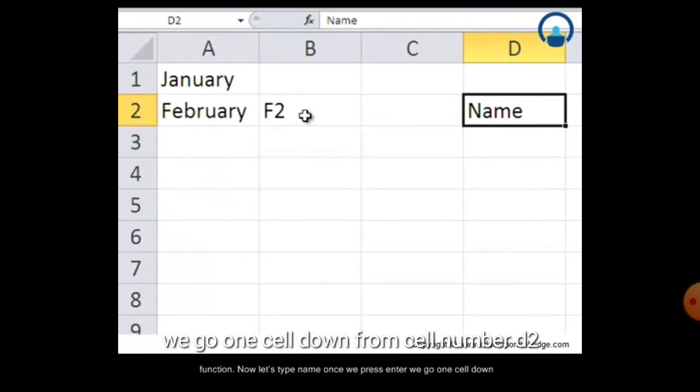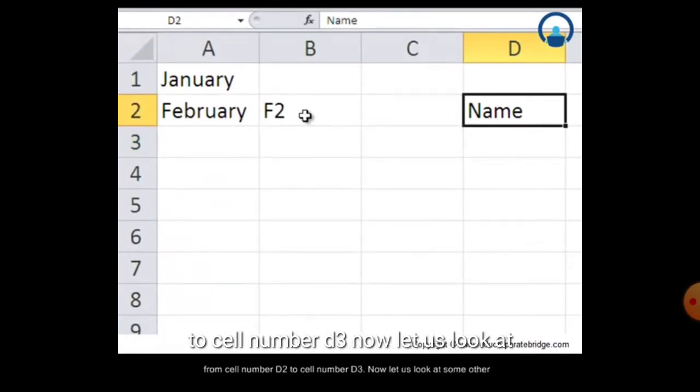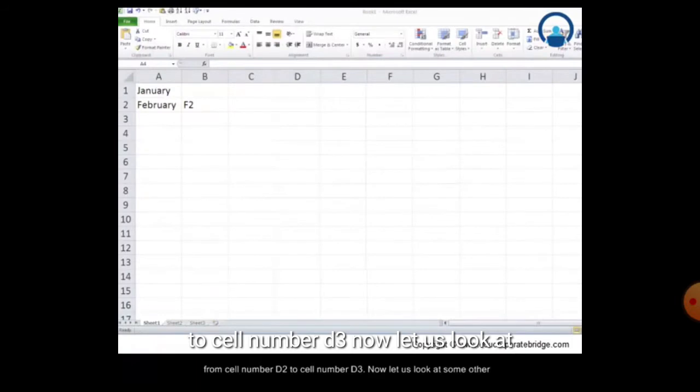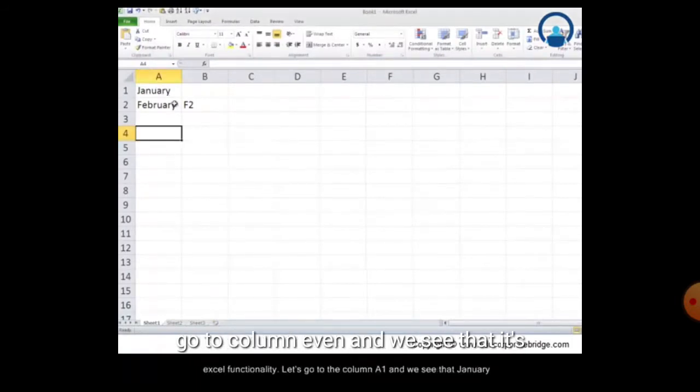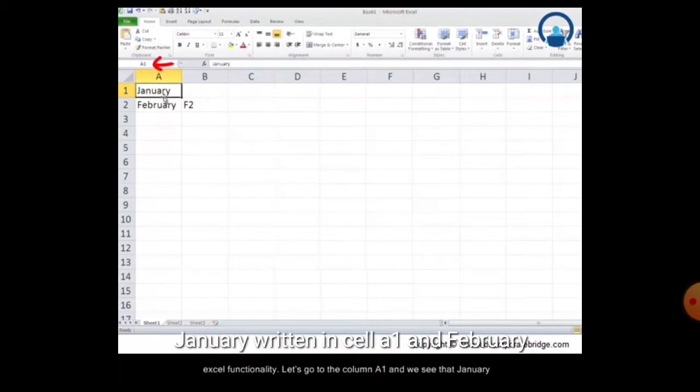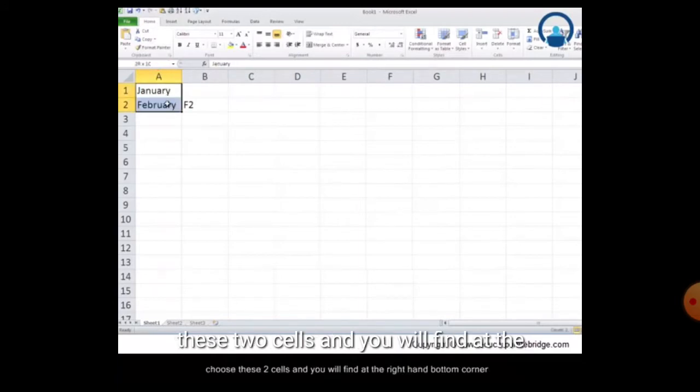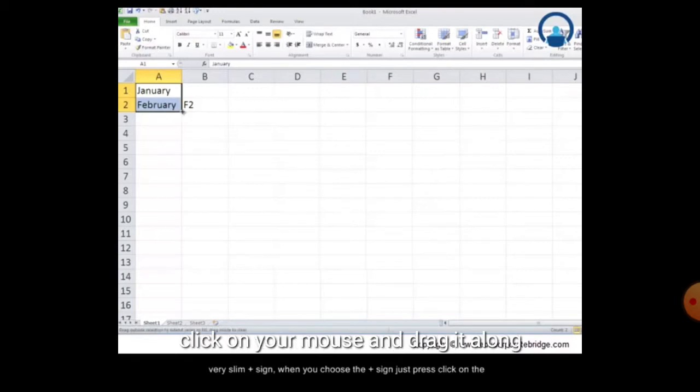Like this, if you want to write in another cell, you can move from A2 to D3 and write. And if I have written January and February here, and we want to write the other months' names, we can select these two month names and drag downward. You can see this small handle is the autofill, which automatically fills all the months.